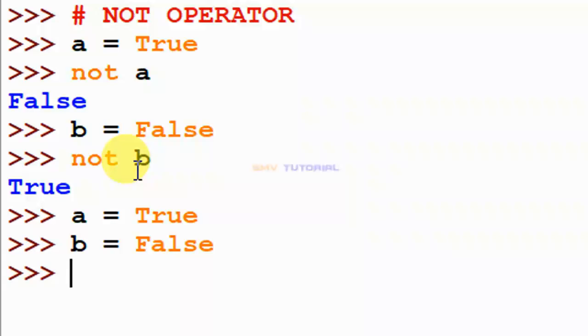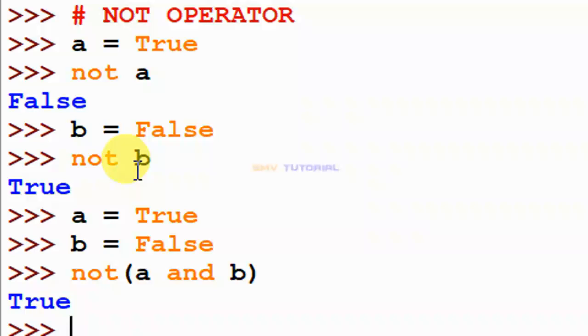And I check this condition, not (A and B). A and B would show False, but with this operator it shows True. So it is called the NOT operator.